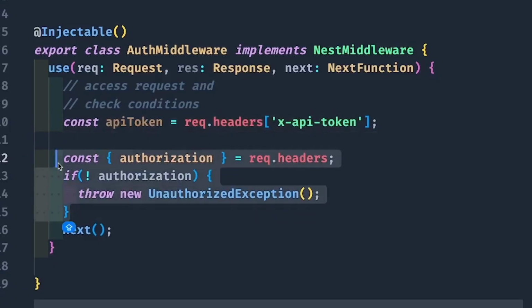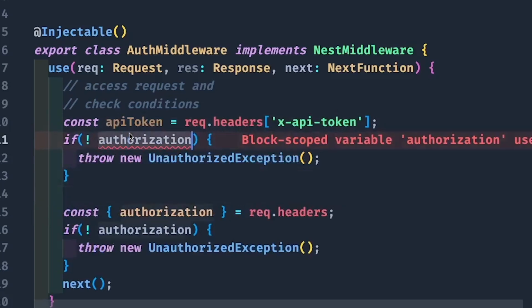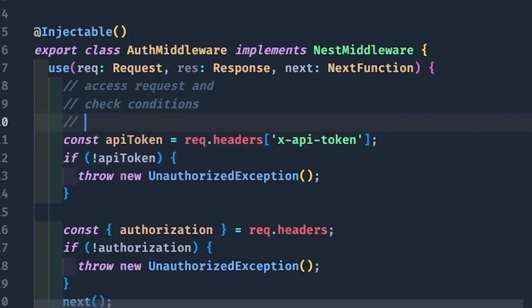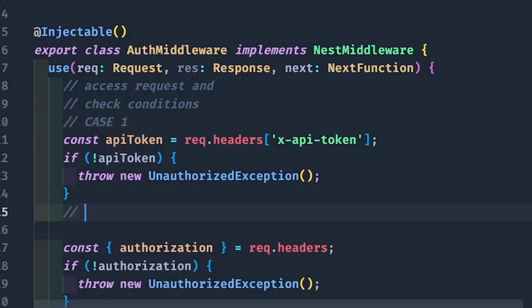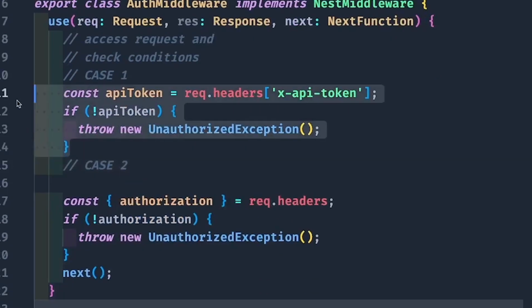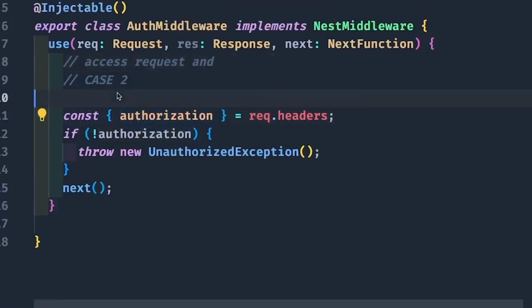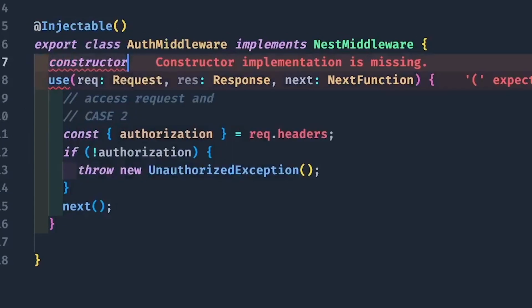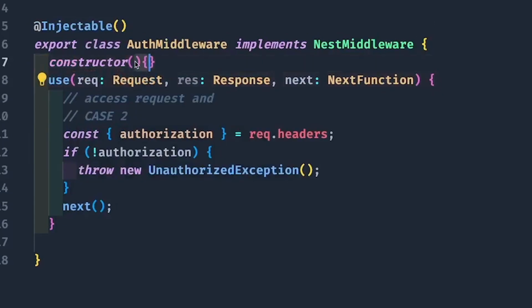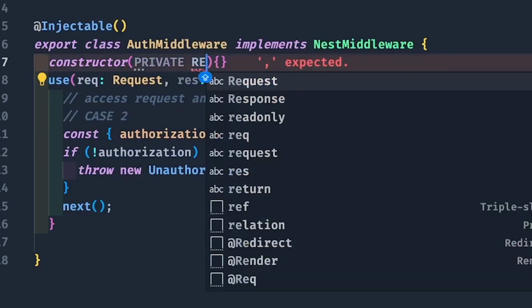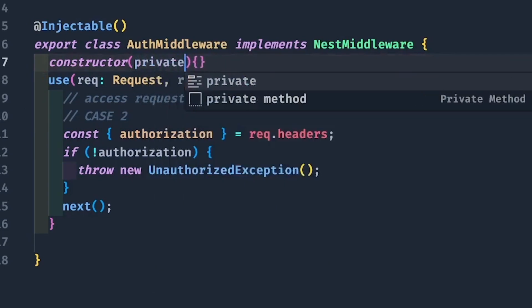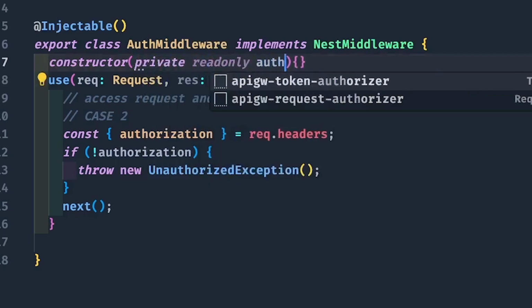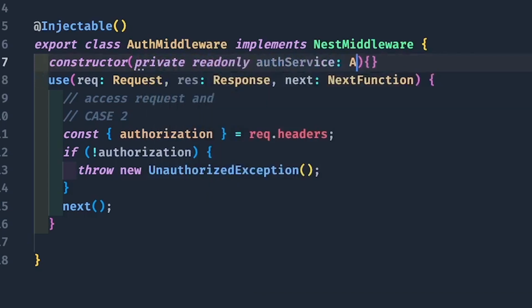But there can be another case, like if an API token is there. The authenticity of the user can be represented by some token, authorization headers, or cookies. So you can check any of these. Either you are checking an X-API token or an authorization header. That depends on how you are managing your session, how the client is sending a session. And here you can have some injectable service like an auth service, and that auth service is going to call a particular method to validate whether this authorization header is valid or not. That is important, right? That is what we are using middleware for.